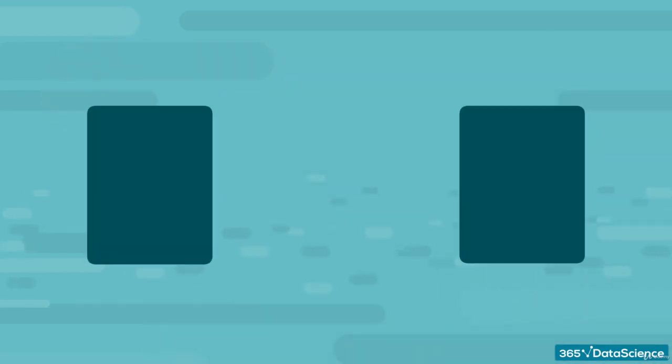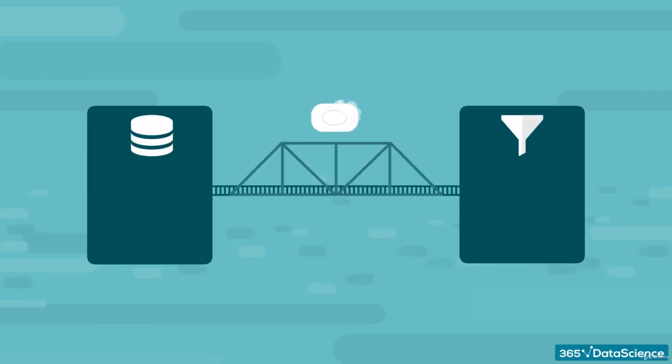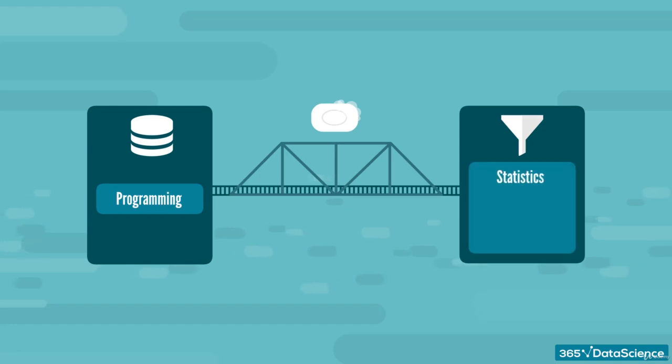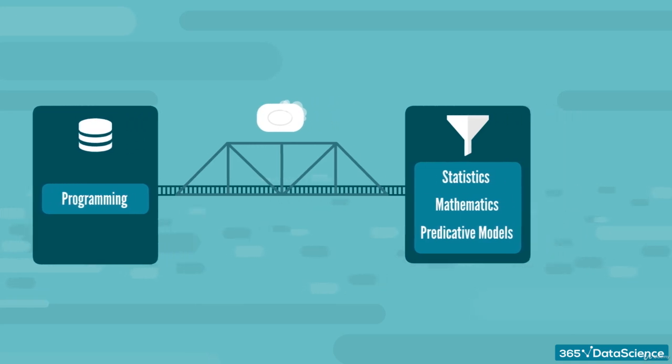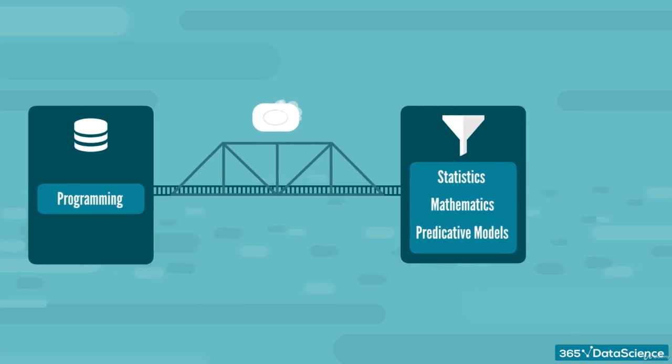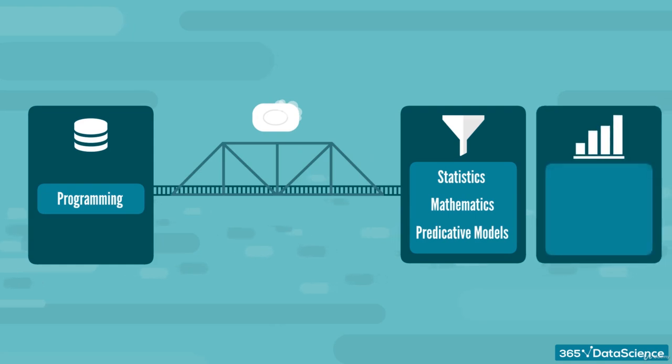Looking at the analytical chain, you can imagine data cleaning like a bridge between two parts of the analytical flow. It connects the programming side that deals with unknown data reading problems with the other side, where you can pretend to forget about technical issues and entirely focus on statistics, mathematics, and building predictive models. The latter is exactly what data pre-processing is about. It takes your work from where you've left it after data cleaning and aims at bringing it to a level that is closer to visualizations and analytical inferences.